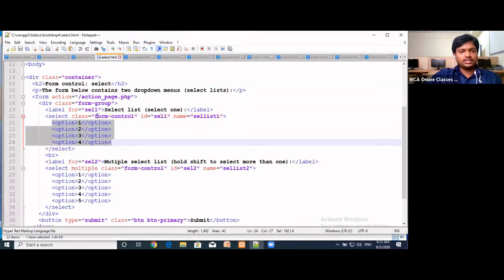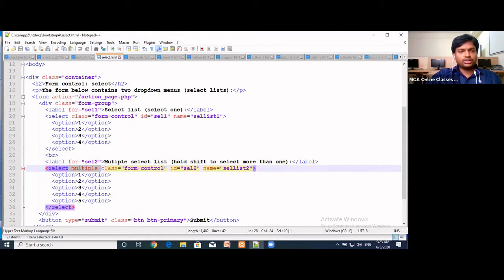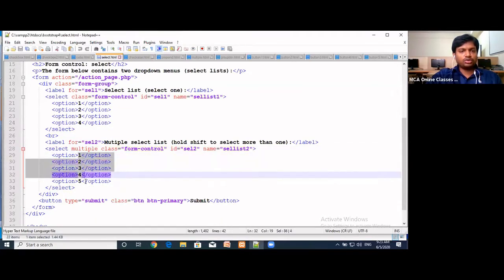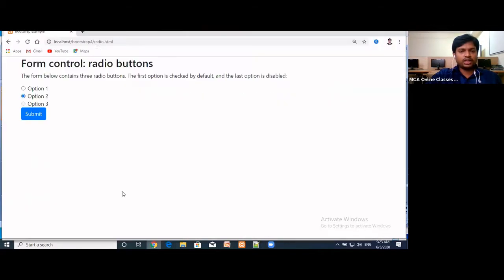Again we can list the options. Suppose you want to select multiple options at a time, then in the select tag you have to use this multiple keyword. If we use the multiple keyword, we can select more than one option. So this is about select in Bootstrap controls.